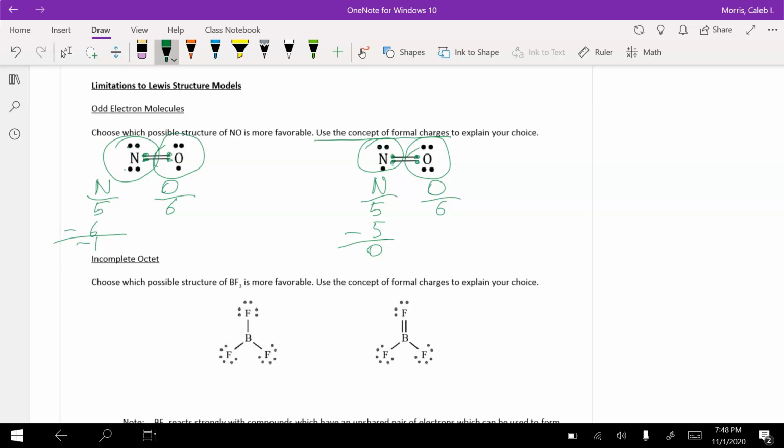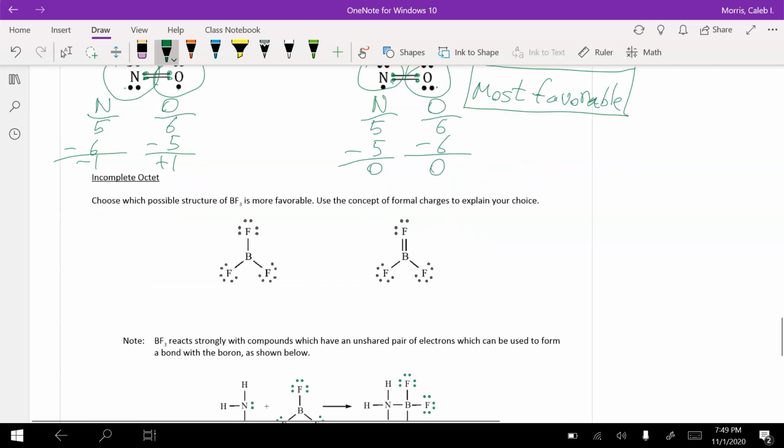Then over here I have 1, 2, 3, 4, 5. 6 minus 5 is positive 1. And then over here, I count 1, 2, 3, 4, 5, 6. 6 minus 6 is 0. So this is the most favorable, or you could say the most dominant, the most likely